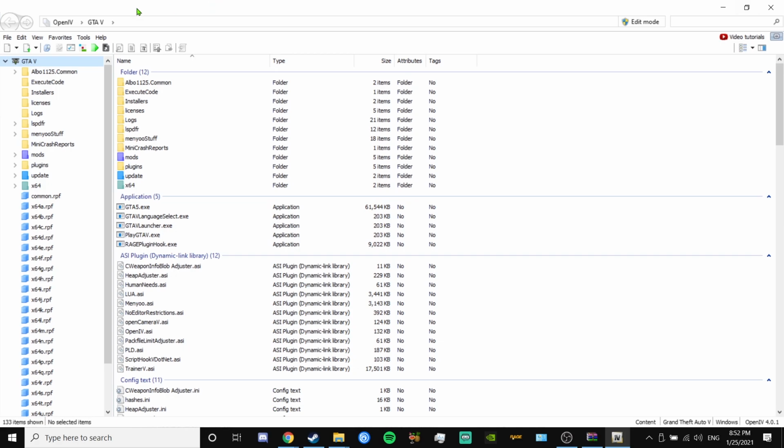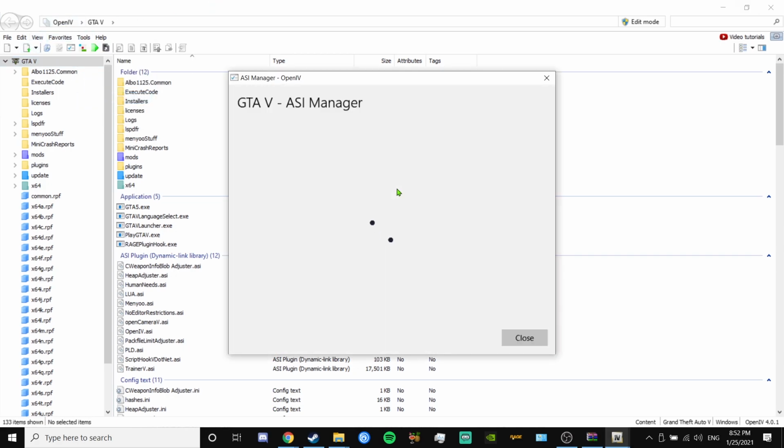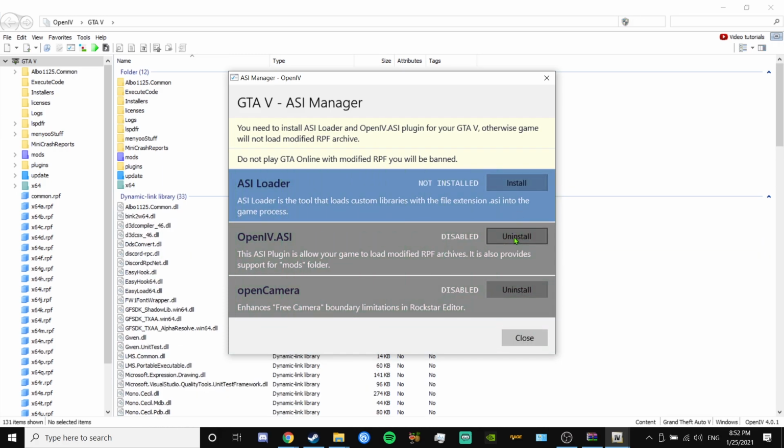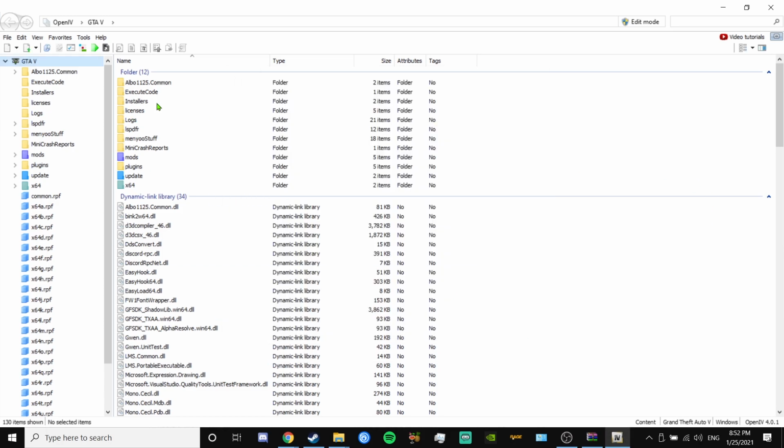So before we start this, you want to have Tools, ASI Manager. You want to install all the latest versions of this. But you install all of these, and it will be able to add ASI and properly modify GTAV. So first, and that's going to be for a lot of OpenIV files, you're going to need that. We're going to click Package Installer,